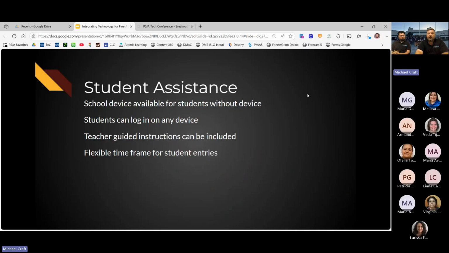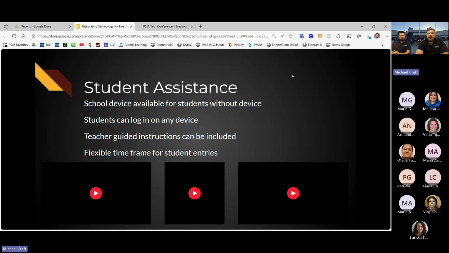All right, so we're going to move on to student assistance. Like Mr. Cano said, we're very flexible with the kids. We want to have all the opportunities they can. So we let the kids use those school devices like a laptop if they don't have their own. Students can log in on our devices under their name. I've let the kids record on the laptop, off of the media app, and just let it go to my downloads on the hard drive, and then I just have a video of you, and I'll count it.